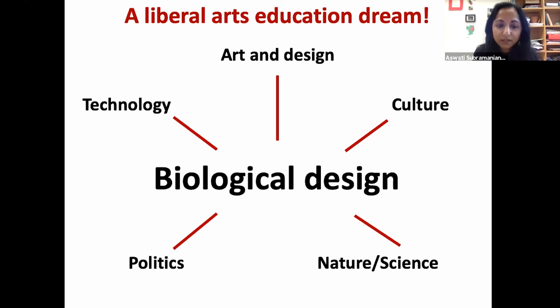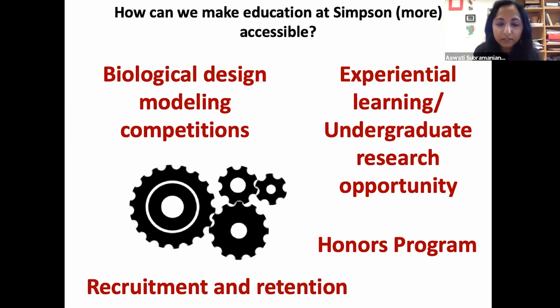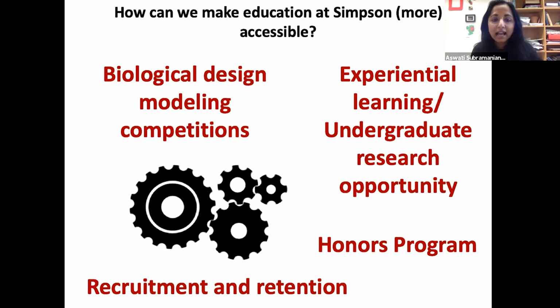We need inspiration and input from the humanities, from the social sciences, from the other areas of natural sciences. So technology, politics, culture, natural sciences, all of these are coming into play when these products have been designed, because most of these modeling competitions not just seek a product, they want to know how you can utilize this product in our day-to-day lives. How does it impact a person in Iowa versus a person in Burkina Faso versus a person in Bombay, India? And so how can we use these opportunities and make education at Simpson more accessible using